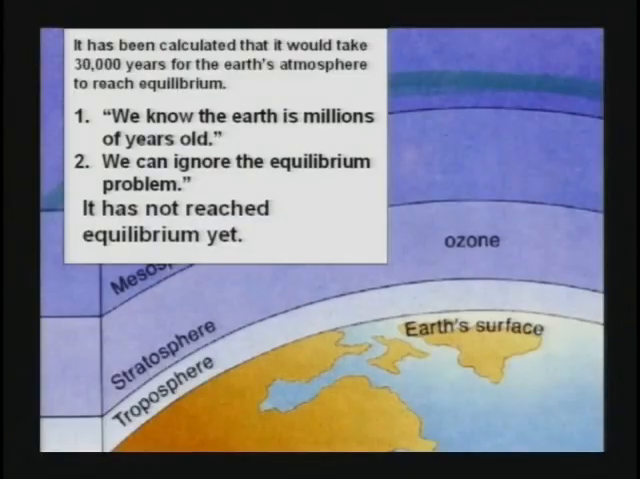And they determined it would take about 30,000 years to reach equilibrium. I'm not sure how they did all that. You could probably see some of the rate scientists and figure that out. But then they made two mistakes, in my totally unbiased opinion. They said, number one, we know the Earth is millions of years old. Mistake number one. Number two, they said we can ignore the equilibrium problem because we would have passed that point